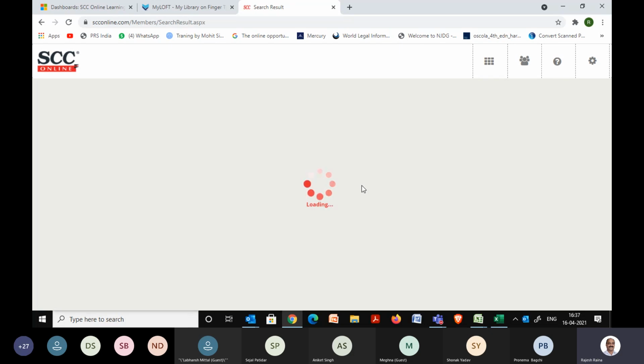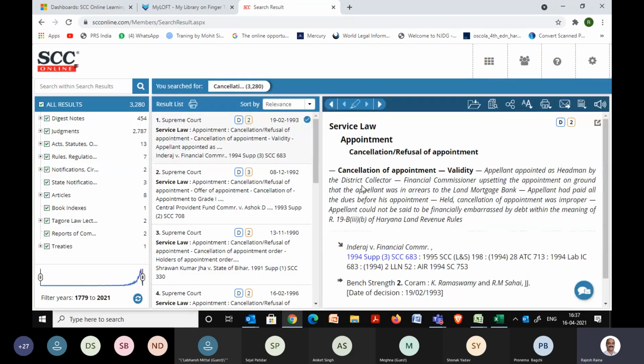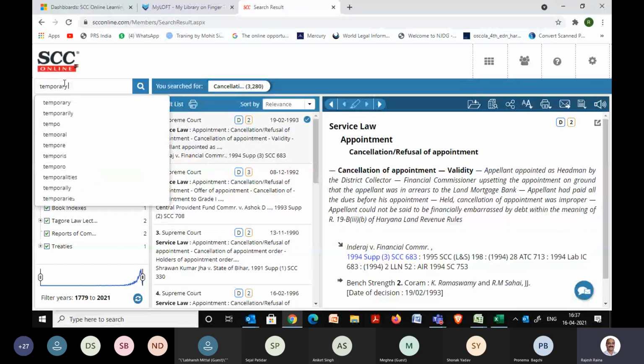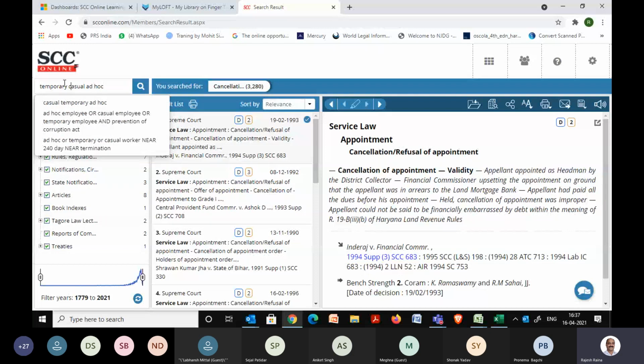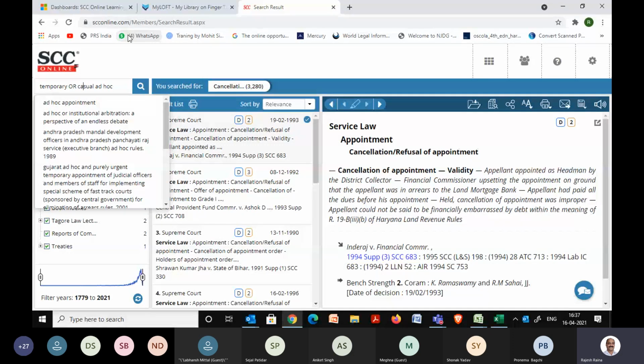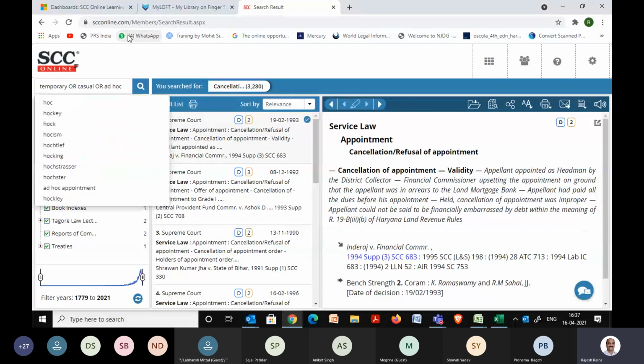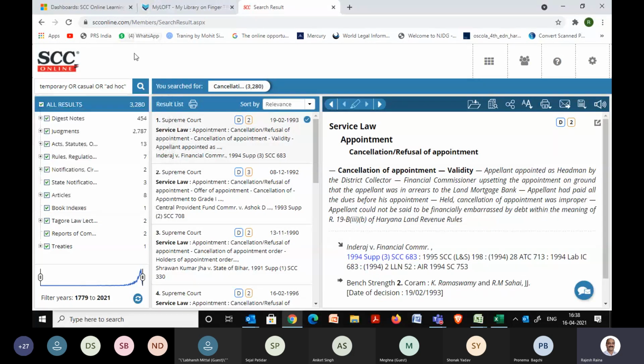And in the search within search now, what I am looking for is the type of employees. They are one and the same thing, but with a different name. Like one is temporary, the other one is casual, third one is ad hoc, fourth may be seasonal, right? Now, though they are one and the same thing with different names, I'll key in OR in capitals. And ad hoc being a phrase, I'll put it in double inverted commas so that it's picked as a single word. Now, something like this, I'll key in the search within search results and start the search.